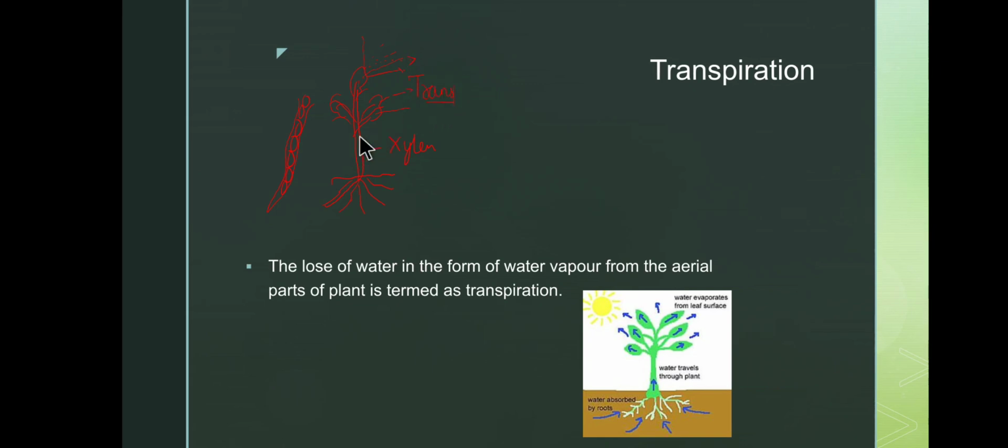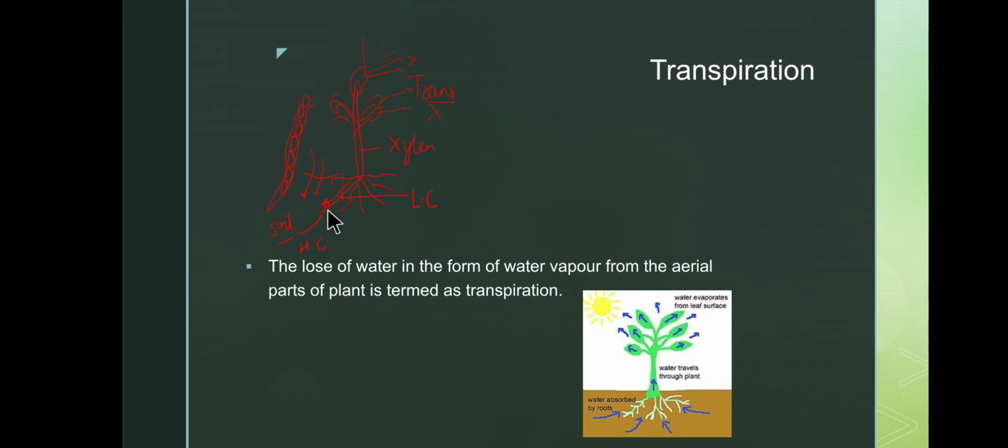Now, when the water is lost in the process of transpiration, it leads to lower concentration over where? In the roots. Now, again the roots have become lower in concentration, or have become flaccid. Now again the water which is present in the soil will move from the soil to the roots, that is from its higher concentration to the lower concentration. So this process continues. For the uptake of water by the roots, we need two processes. One is osmosis and another one is transpiration. If transpiration does not occur, osmosis also will not occur.